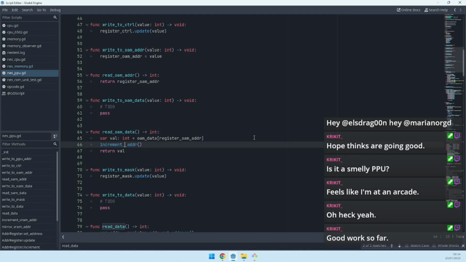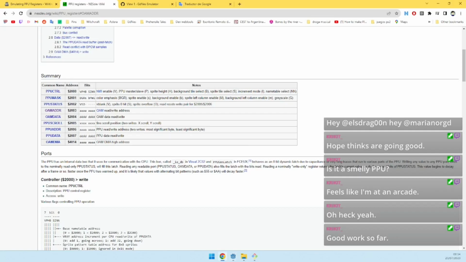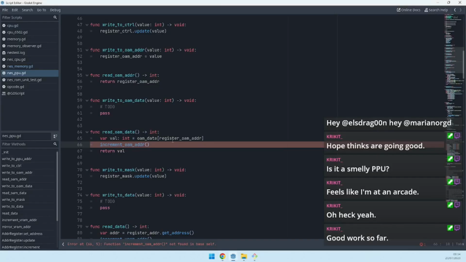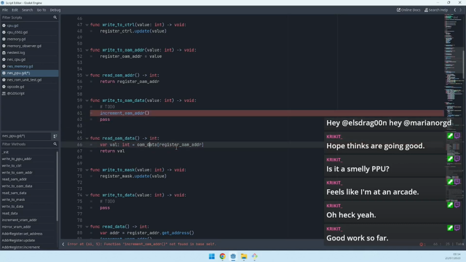So increment OAM address. So the increment happens on write, not on read. So I can simply return